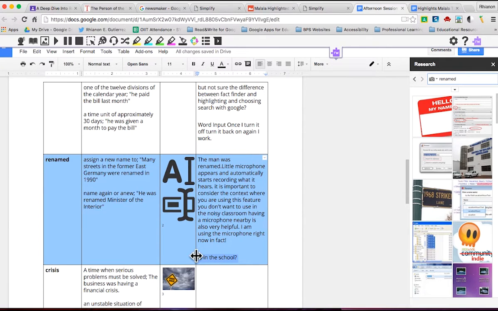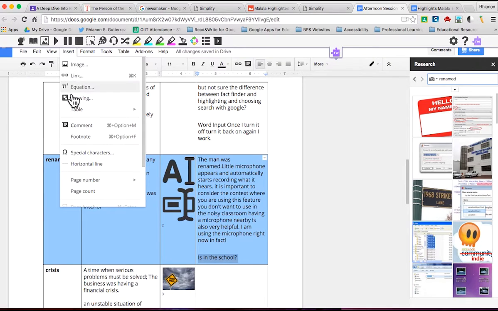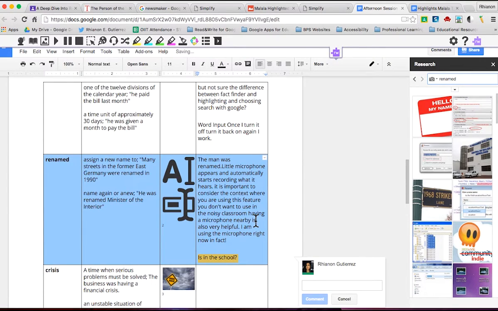So let's go ahead and highlight that. Now, most of the time we think about Google Docs having insert comment, and then you type out a comment. Well, what if I told you you can dictate a comment? So let's highlight this again and click on this little box with a play button that says voice note.